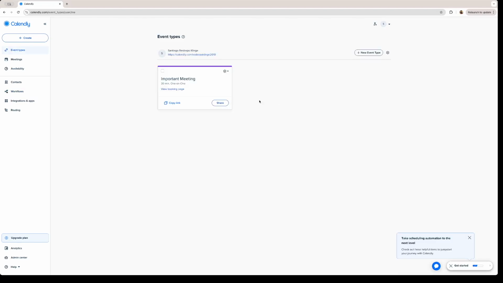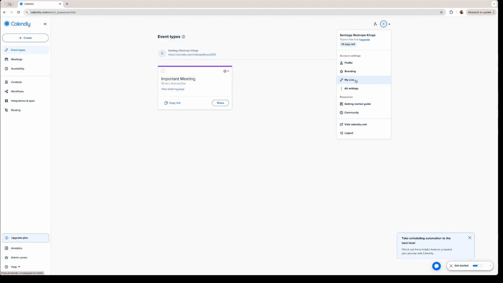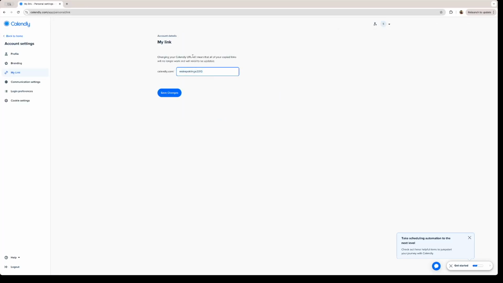And if you want to share your specific Calendly link, you just click on this arrow on the top right here. You click on my link. This is the name of my email, so it created a personalized URL with my email at the end, but you can change it any way you want if it hasn't been used before. Let's say we want to make it tutorial for YouTube. So this will be our custom URL for us to share it with anyone that's interested on having meetings with us. We can click on save changes, and now you can share this link with anyone that you want to